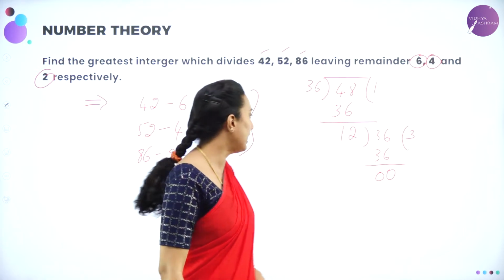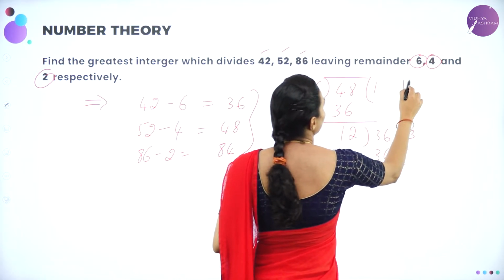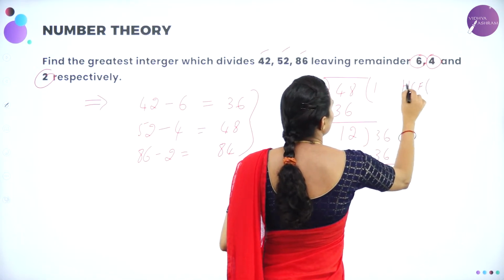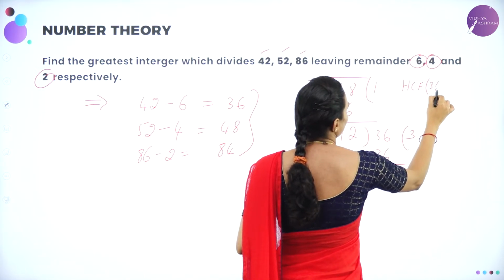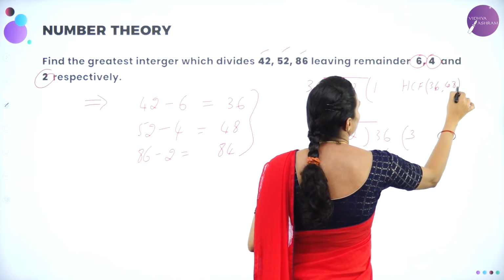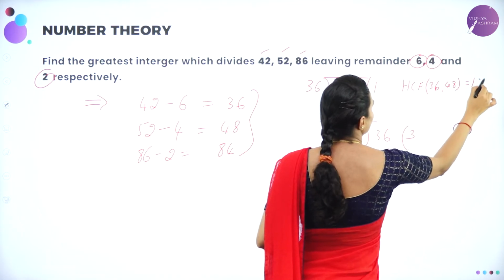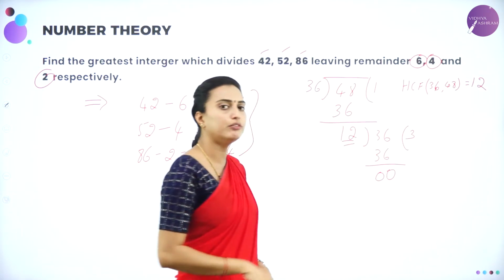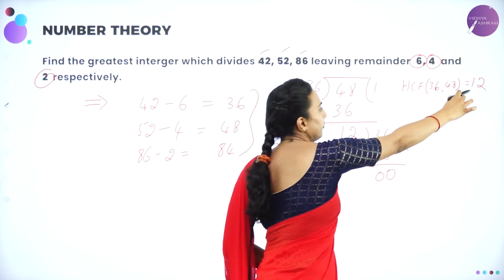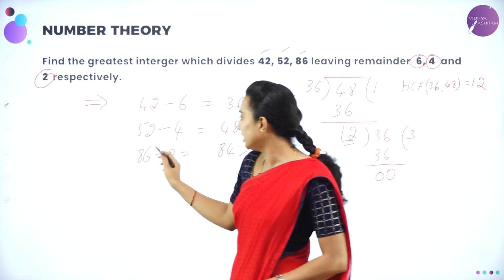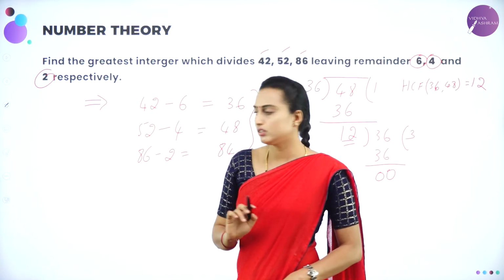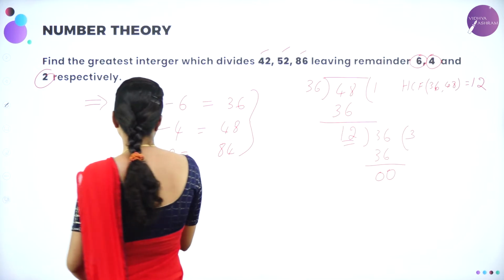Now what is the HCF of 36, 48? It is equal to 12, correct? The last number. Now what you need to find out is the HCF with the remaining number. What is the remaining number? 84, correct? So therefore we are finding